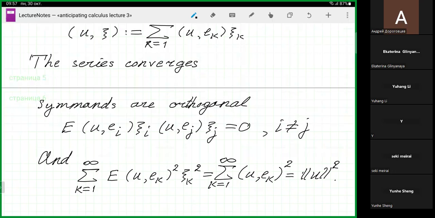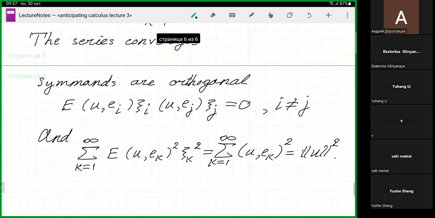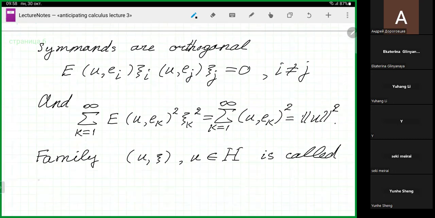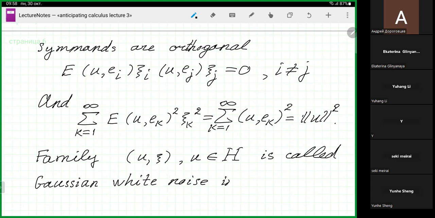Okay, so we have a convergent series, and of course one can consider such a family of products u psi for all u belonging to H. And we will call this family Gaussian white noise in H,